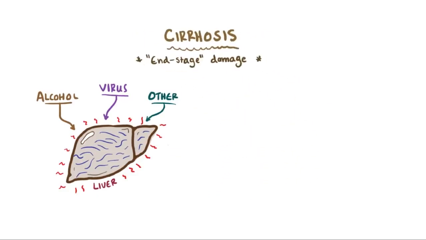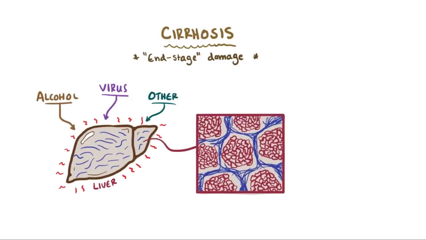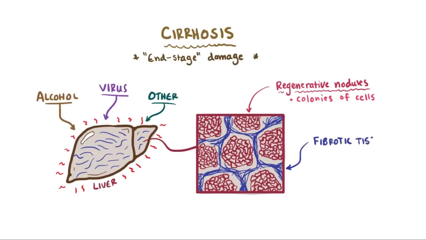When liver cells are injured, they start to come together and form what are called regenerative nodules. You can think of these as colonies of living liver cells. And these are one of the classic signs of cirrhosis and are why a cirrhotic liver is more bumpy as opposed to a smooth, healthy liver. Also with cirrhotic liver tissue, you'll see that in between these clumps of cells or nodules is fibrotic tissue and